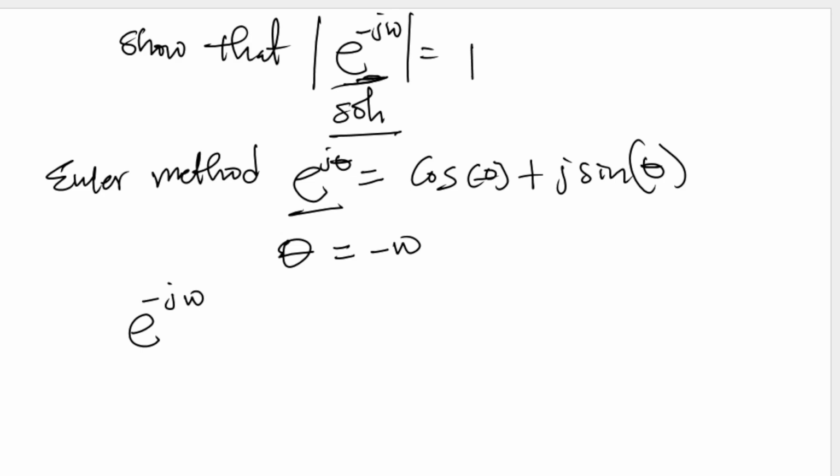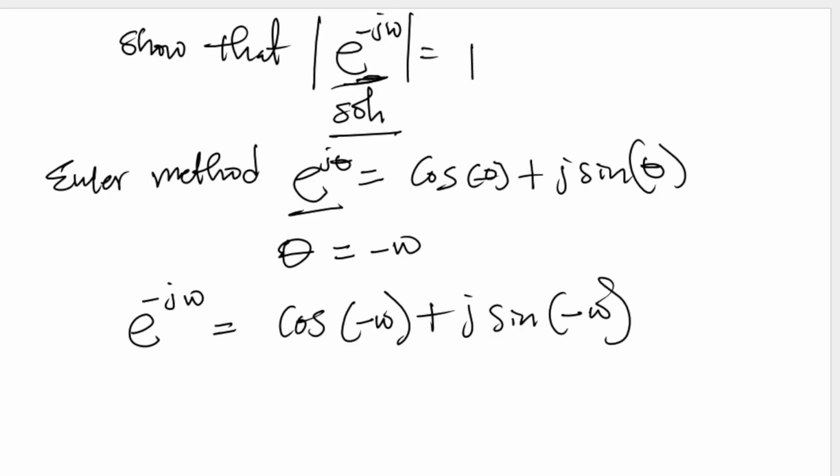which is what we have here, will now be equal to cos, in place of theta, we are now using minus W, not theta. So we have cos minus W plus j sine minus W. Are we together? Now, what we are seeing here is what we call your real part and your imaginary part. So you can differentiate your real part from your imaginary part. What are we seeing here? We are seeing a trig function, cos minus W, and another trig function,